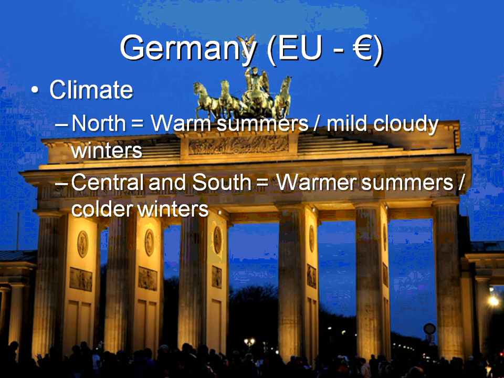Yes. So in the central and southern part of Germany, you're going to have warmer summers and colder winters. You'll get snow in Germany. You don't get much snow in France, but you will get snow in Germany, in the central and southern regions. So it's more mild in the north, and as you go farther south, it gets colder, it gets warmer as well in terms of the summer. So if I bring up a map,